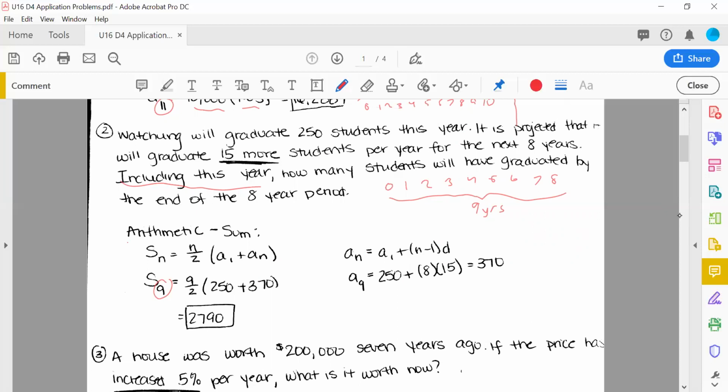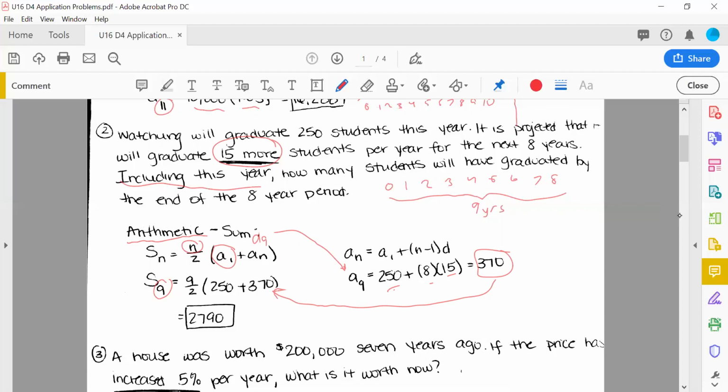And this is an arithmetic sequence. Why is it arithmetic? Because it's just plus 15. You're adding 15 more each time. So what things do you need for the arithmetic sum formula? You need n, that's 9. You need the first term, well, that's 250. But then you need the 9th term. How do you find the 9th term? You use the arithmetic nth term formula. The 9th term is just 250 plus 15 times 8, and you get 370. Plug it in right there into that part of the formula, and you get